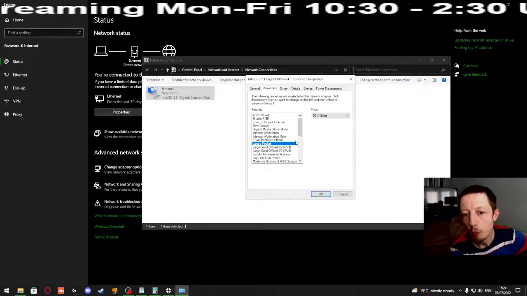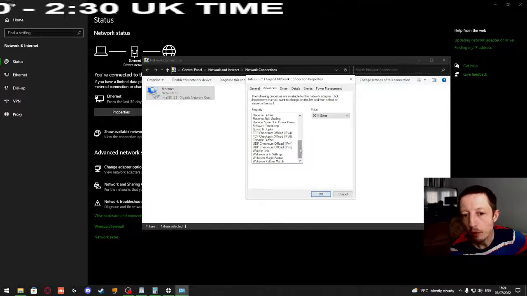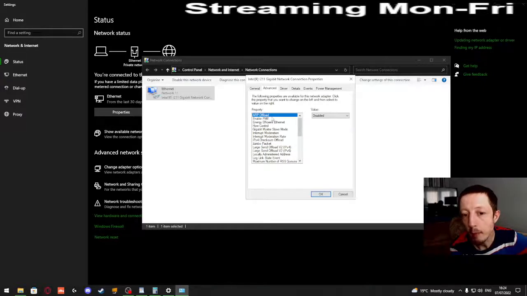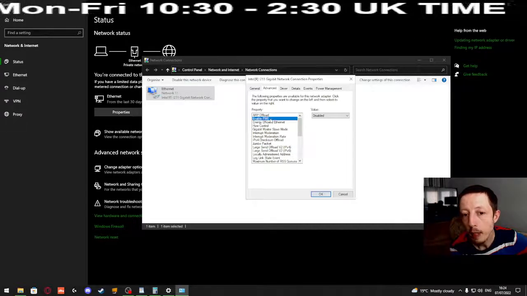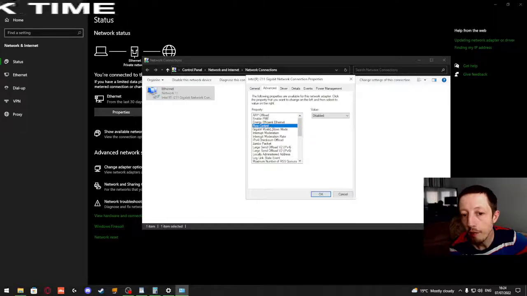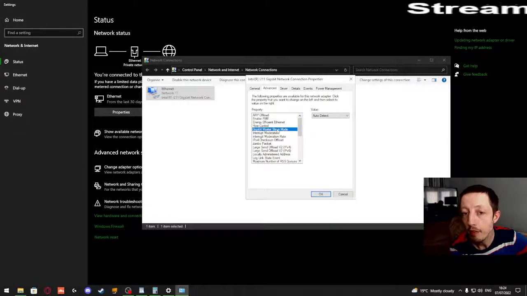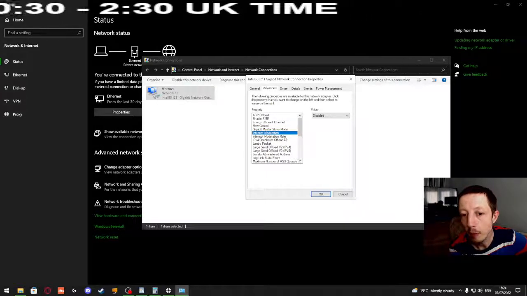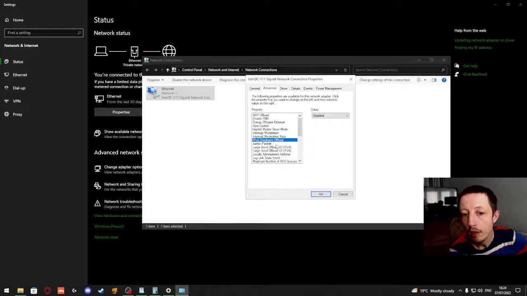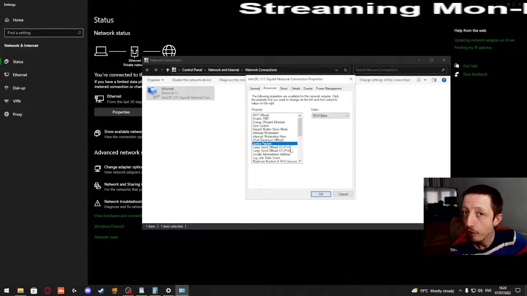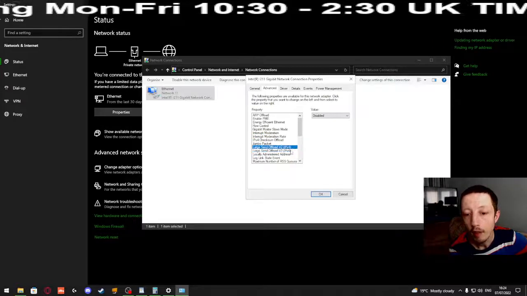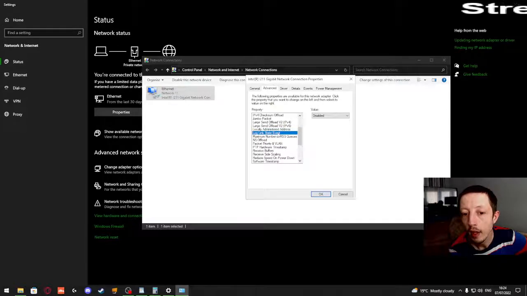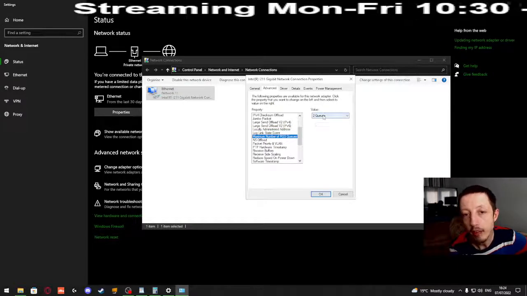Most of these you want to have as disabled or off, most of them. But I'll quickly run through. So that's disabled for ARP, PME disabled, EEE off, flow control disabled. This, leave as auto detect for gigabit master slave mode. Interrupt moderation disabled, interrupt moderation rate off, checksum off, jumbo packet the highest you've got, large send offload for v4 and v6 disabled, locally administered address, don't touch this one, link state disabled,